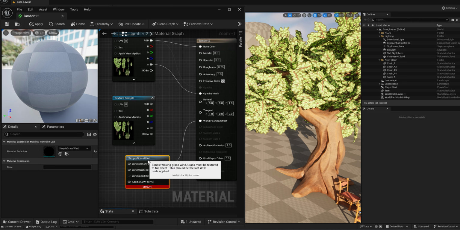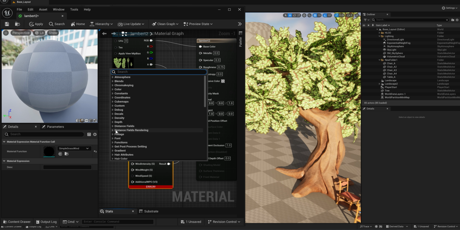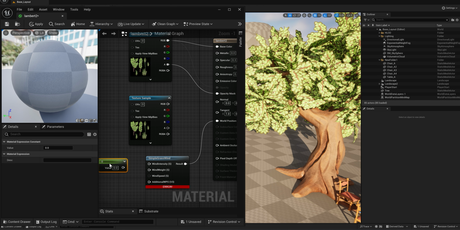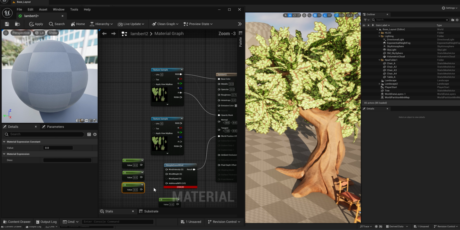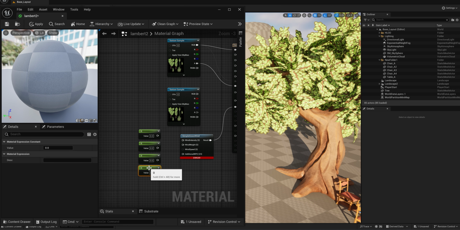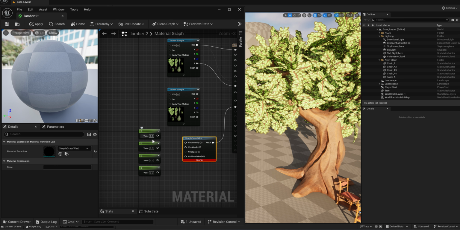So let's plug in some values. Instead of dragging out this time, I'm just going to right click, or I can hit tab on the keyboard to pull up that menu again. And I'm going to type in constant because I'm looking for just a constant variable. And then before I start plugging this in, I'm going to duplicate it. We'll do 4 of them. I don't usually use the speed option. It's definitely a more stylized effect, but I'll make a constant value so we can see what it does. So then I'll plug these in,